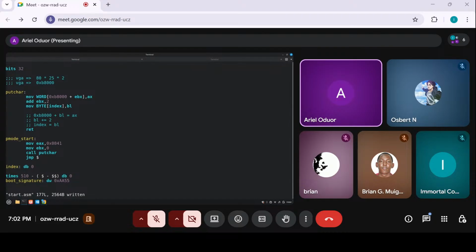To load the value of index, we need to dereference it to read from memory. So we need to use these brackets, and then we need to load it into the lower byte of